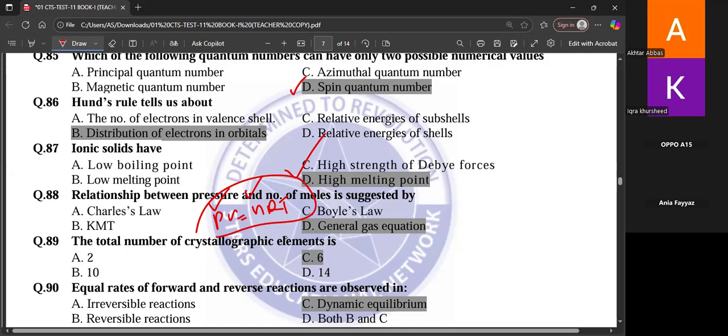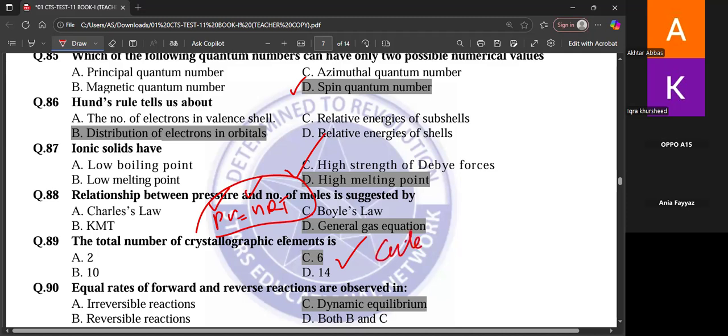The total number of crystallographic elements is, it is 6. Okay, crystallographic elements. It means you can describe the different shapes of crystal lines. Either it is not included in the syllabus of MDCAT, but you are familiar with the crystallographic elements. It has 6 types. And for this, I give you the trick, that is